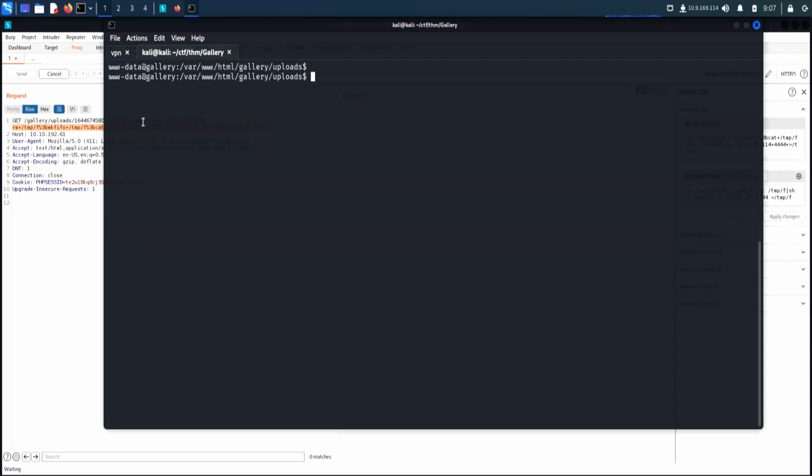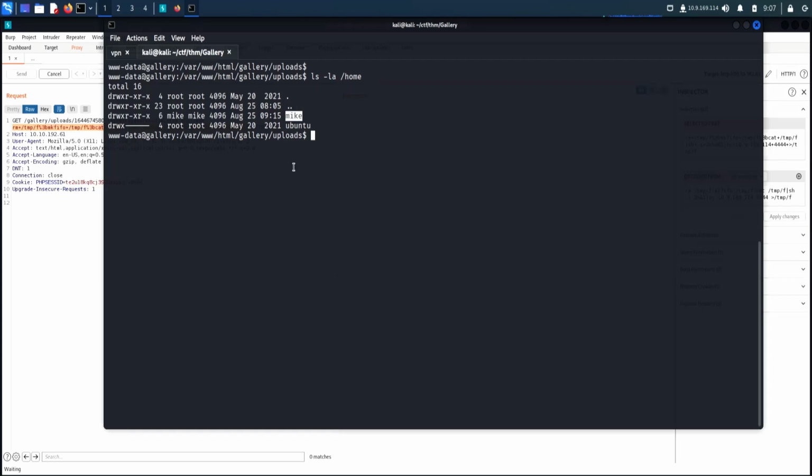Next thing, since we are www-data, we gotta escalate to some kind of user. That's usually the case because you never go from www-data to root instantly. So if we look at the home directory, we can see that we have a user called Mike. Now, my usual thought process behind exploiting this kind of CMS is basically that if